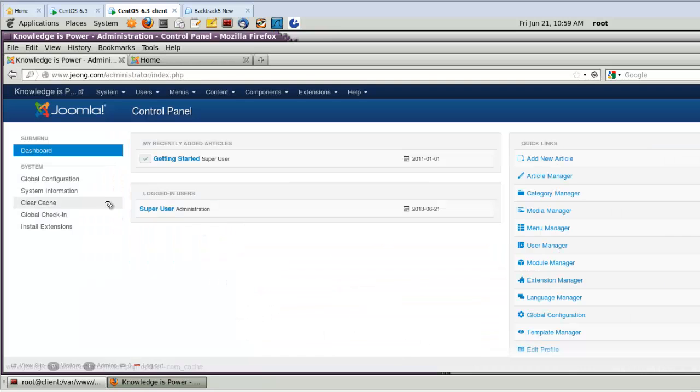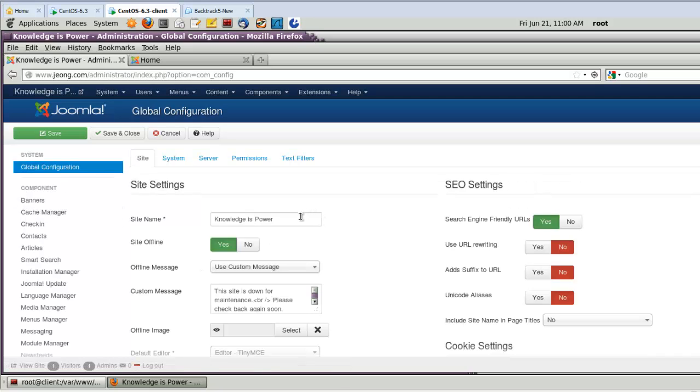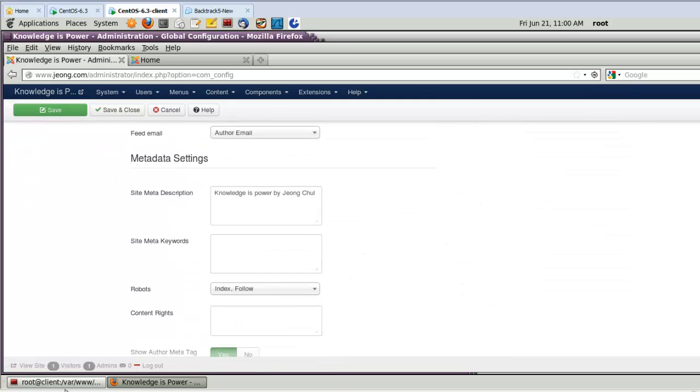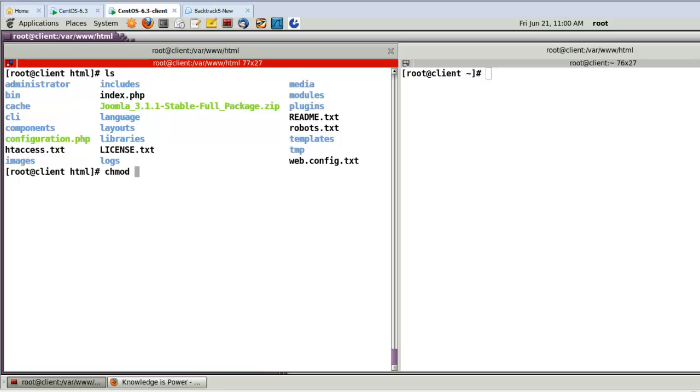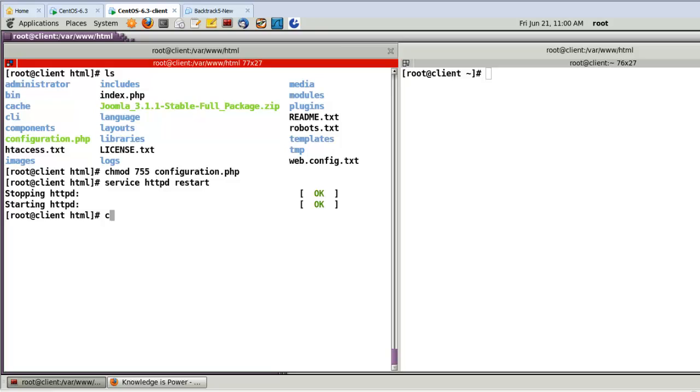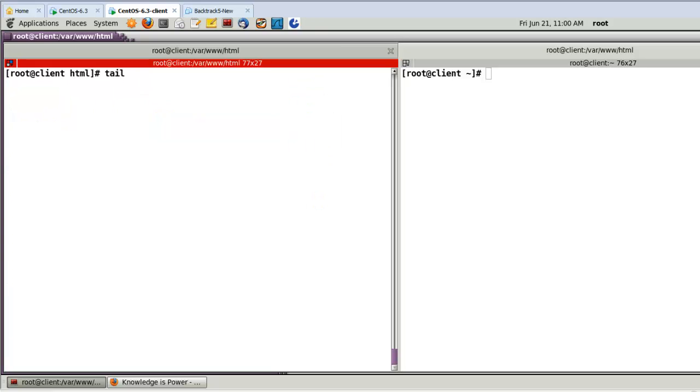So if you want to change something here, anytime you can change it, for example, the global configuration. So here you can change anything. And one more thing. And after that, here chmod, you have to change the configuration.php like this. And after that, web server restart. And if you see or meet some errors during the installation process, then you can use